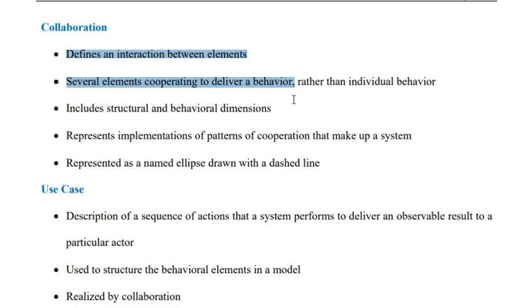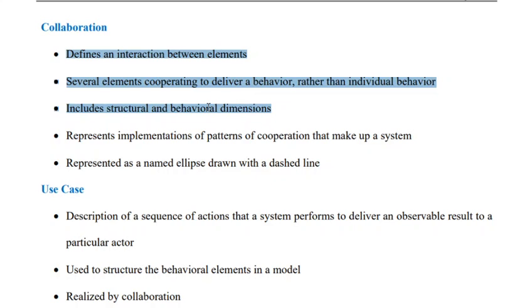It includes both structural and behavioral dimension, because whenever a behavior is to be realized, the number and type of objects involved in realizing the behavior never changes with time. For example, issue of book is a scenario that may be there in a library management system. For issue of book, the same number and types of objects will be involved every time